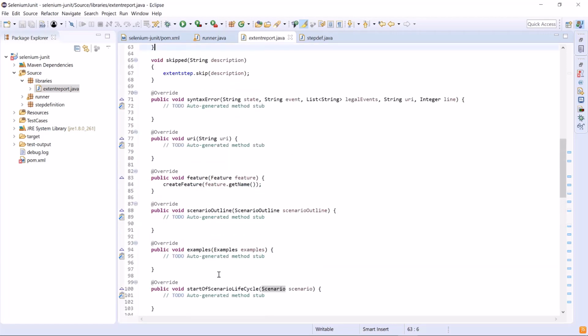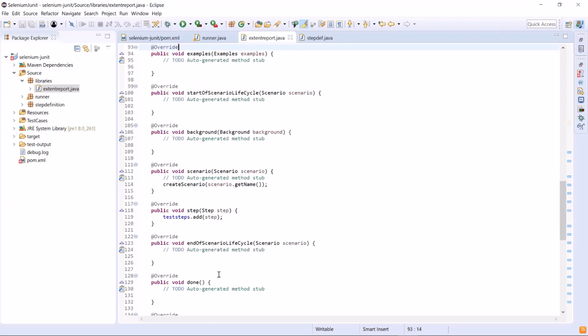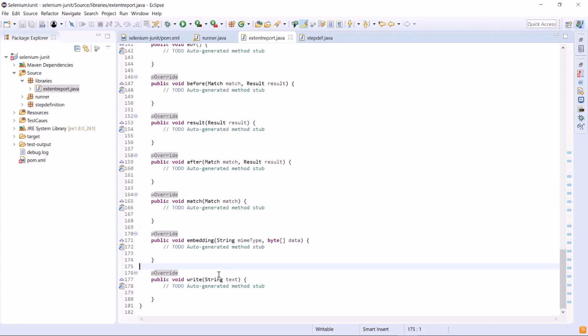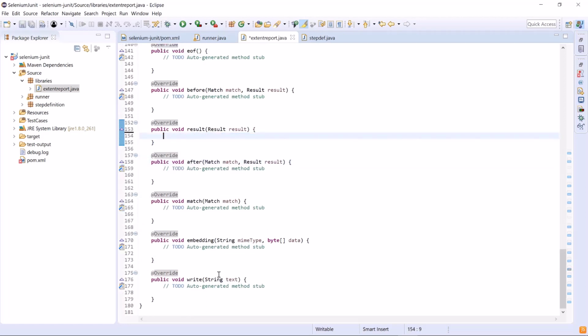Now we'll go to the result function. This method will be called after each test step execution, and we'll have the result status of each test step which got executed. In this result object, we'll just get the test step result status. We won't be getting the test step name or any other details, and that's why we have kept all that information in a linked list.